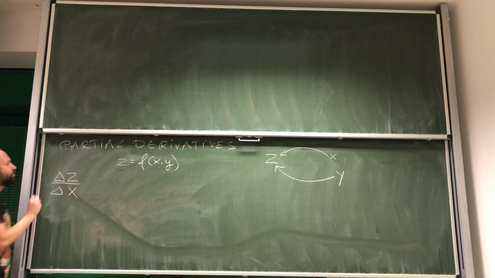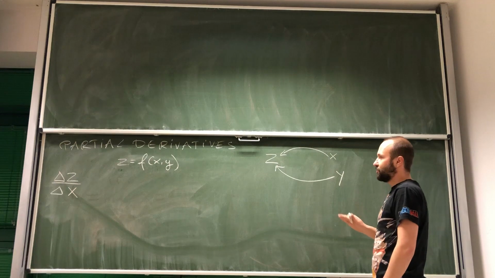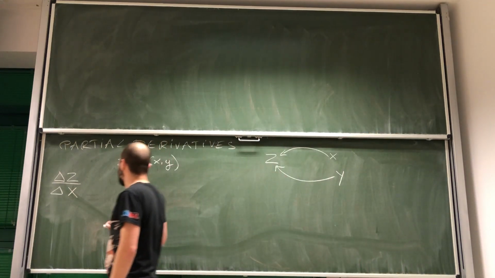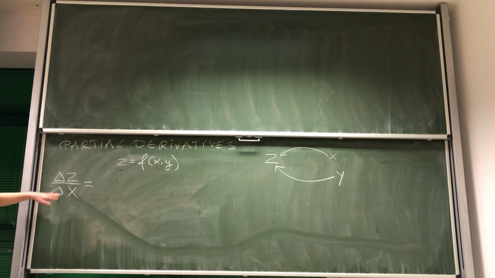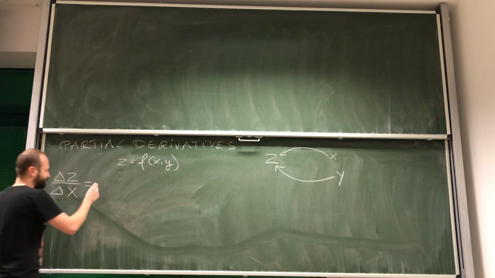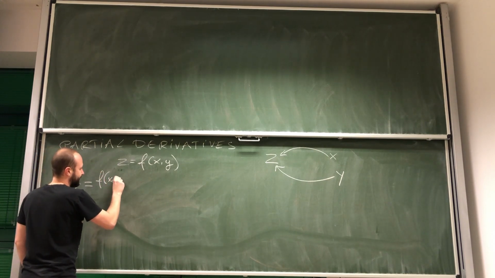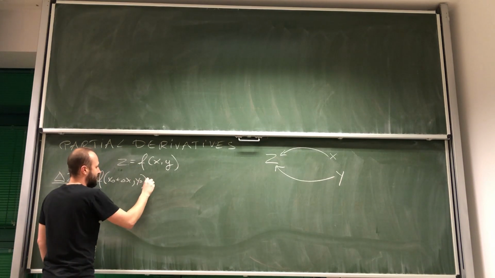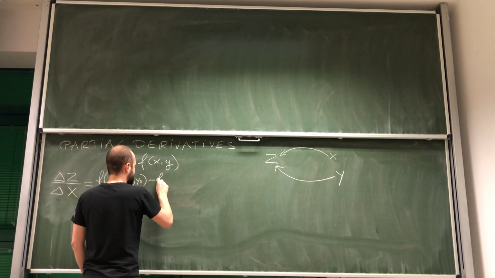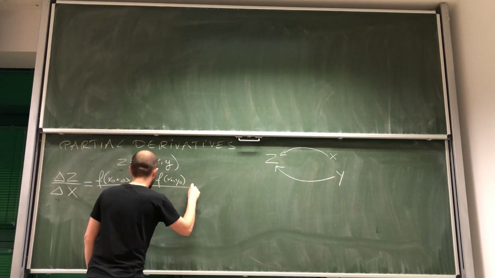So what we are doing over here is that we are actually calculating a difference quotient, just like we did before. And look, how will this difference quotient look like? Look, we are assuming that y is constant. So we will have here f of x0 plus delta x, y0 minus f of x0, y0